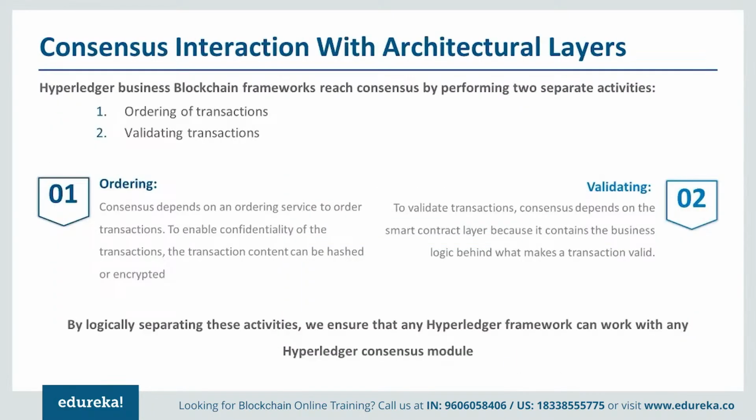So ordering means basically collecting the transactions and creating the block and doing various kinds of Merkle tree creation, hashing, etc. and transmitting those blocks to the committer nodes. And then validating is when you are validating the information that is coming in the nodes in the form of the transaction. So by logically separating these activities, we ensure that any Hyperledger framework can work with any Hyperledger consensus module. So again, this is for the sake of plug and play. If you want to change the ordering service, you can easily just remove one ordering service and introduce a new